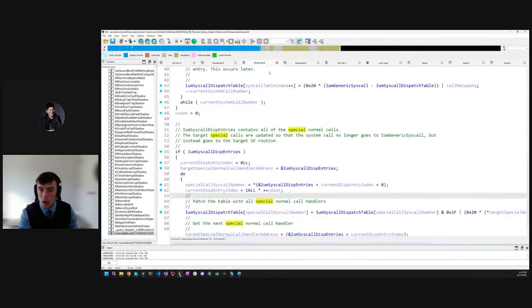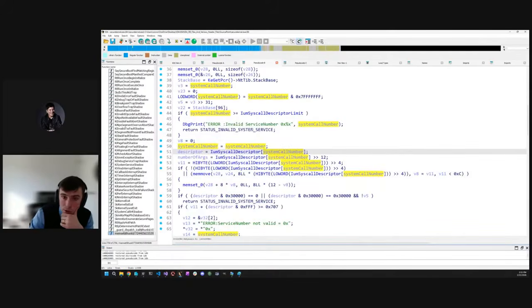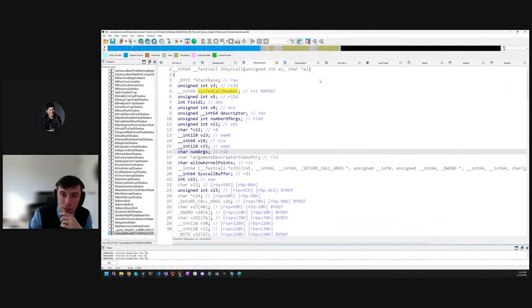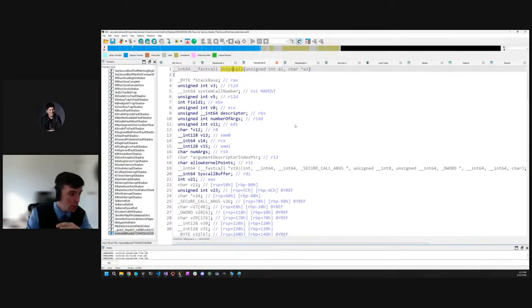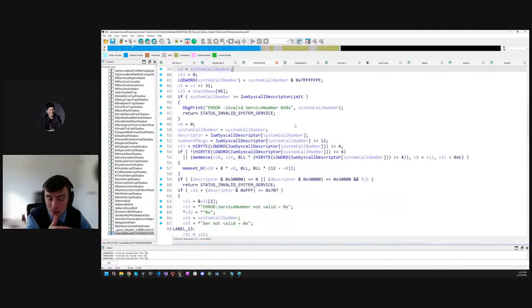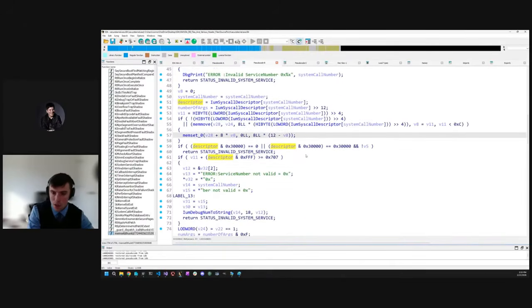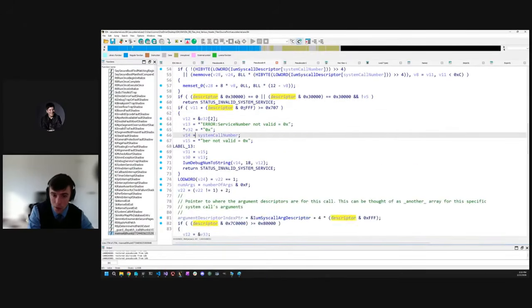Right. But then let's do a cross-reference to when a system call actually happens. So a system call happens. Again, secure kernel or isolated user mode does a system call, which goes down into the secure kernel or goes into NT or whatever. Eventually we'll go into NT, excuse me, comes here. So we get the associated descriptor. And this is just some of the reverse engineering that I've done here. So what happens is the descriptor